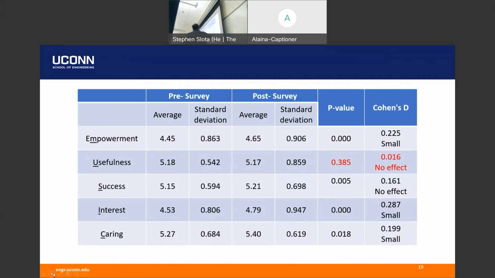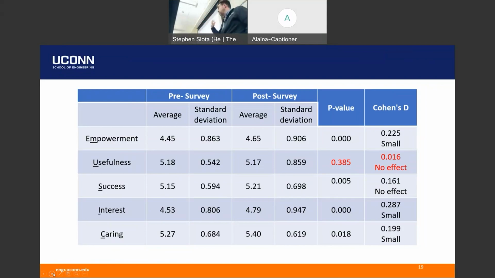Small effect sizes, but as a measure of academic motivation, they respond positively to the game. The only thing they don't really see yet is the usefulness, because a lot of them still perceive this as a game. It's a game, it's not teaching anything. It's fun, but they don't necessarily understand how it ties in or how it's useful to them in their learning, even though it really does.